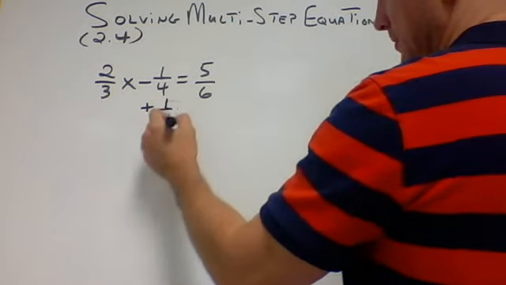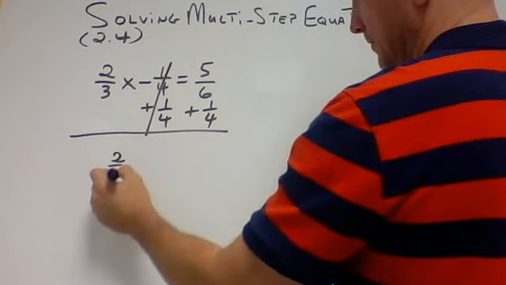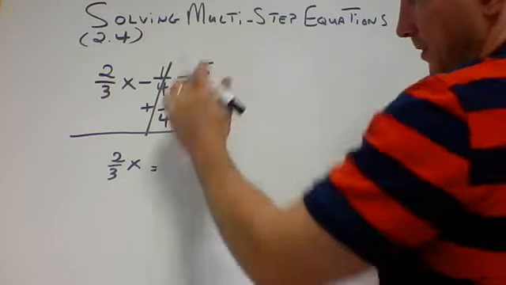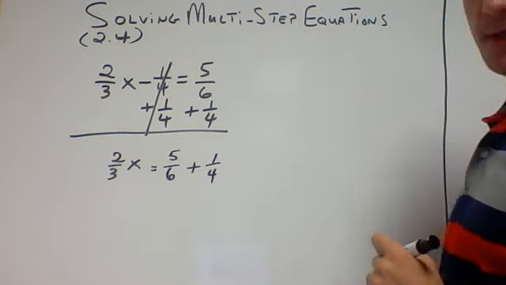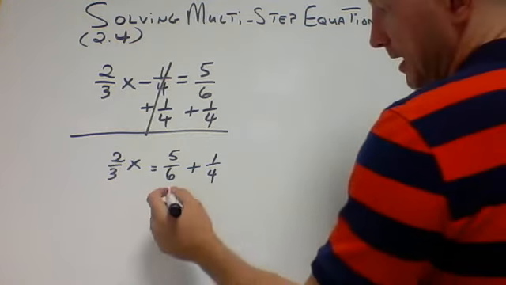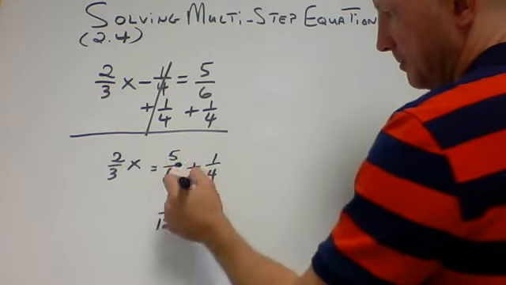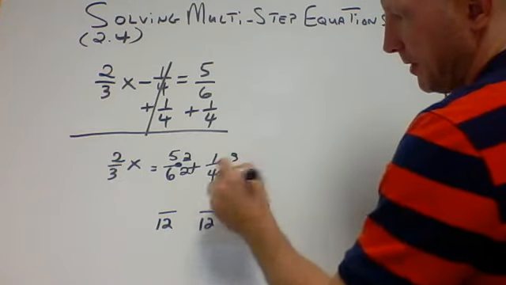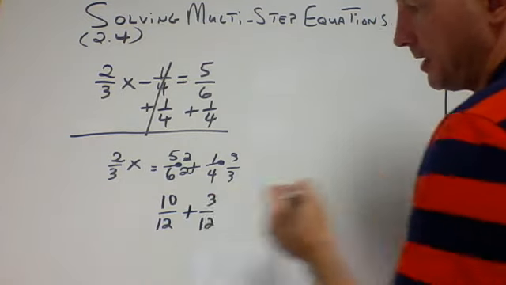Inverse operations, add 1/4 to both sides, cross it out, bring down what's on the left side of the equation, and then bring down what's on the right side, but I'm going to write it horizontally instead of vertically. So 5/6 plus 1/4. I have to get a common denominator over here whenever I add and subtract fractions. That's sometimes what students make a mistake on. So if my common denominator is 12, I need to show what I'm going to multiply each fraction by. In this case, this fraction has to be multiplied by 2/2. This fraction has to be multiplied by 3/3. 5 times 2 is 10. 1 times 3 is 3. And put a plus sign, equals